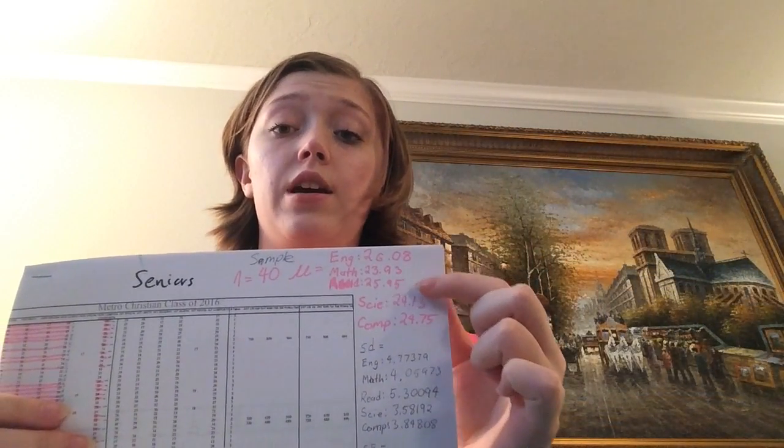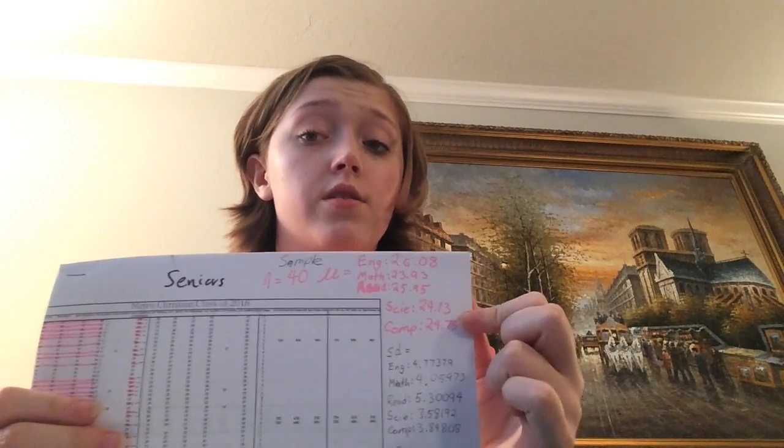So for my average scores for English, math, reading, science, and then the composite scores are here for my sample. Then I found their standard deviation using my calculator from entering in each individual thing. And then for English I found this, math, reading, science, and then the composite. Then using the standard deviation, putting the standard deviation over the square root of the sample size, I found their standard error. Using their standard error, I found their t-scores using the degrees of freedom of 39.